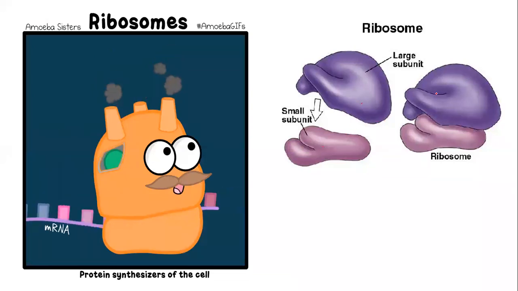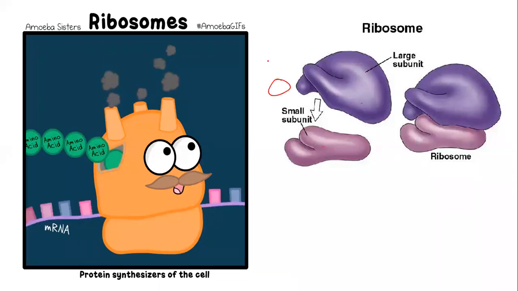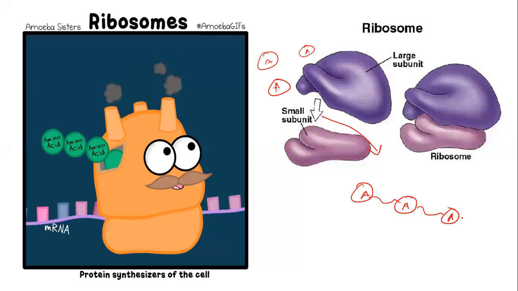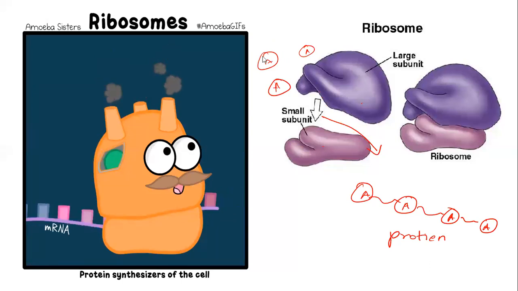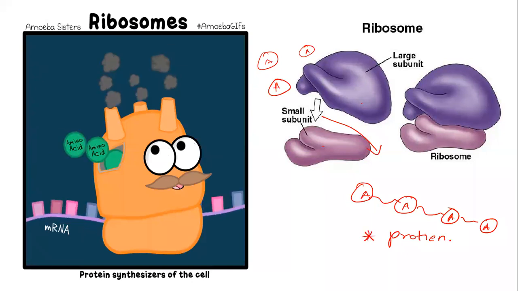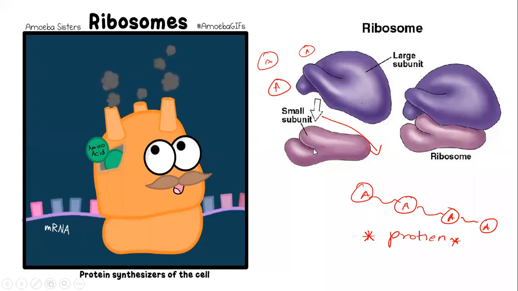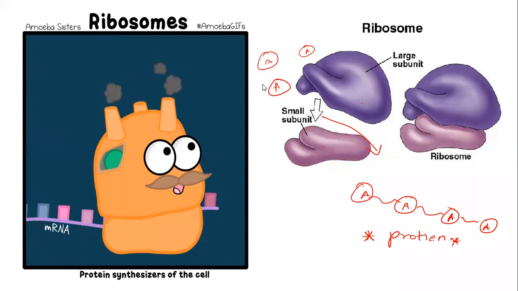So here you have a large subunit and a small subunit. Amino acids will come individually, and after passing through this, they will come into a group. When the amino acids fall into one chain, we call it protein. Single amino acids are amino acids, but if they are combined, we call it a polypeptide chain or protein. Understood? So that is the production of protein by ribosome. The same thing happens when the ribosome is attached to the rough endoplasmic reticulum, where there is also production